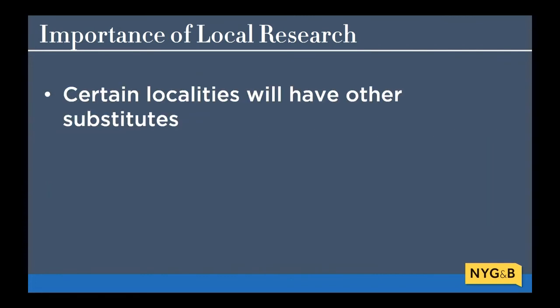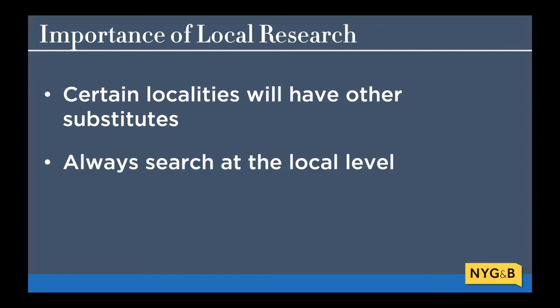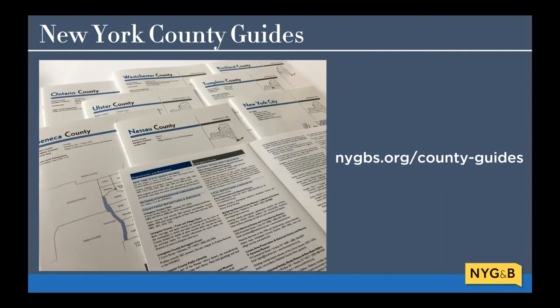If all else fails, there are still other options, and I'll leave you with some suggestions before concluding this session. The most important thing to remember is that local research is really crucial and can help you find other substitutes for birth, marriage, or death records if these previous options have failed. The various towns and cities of New York State are all very different, so it's important to zero in on your county or town of interest and deeply research what is available for that area. This will lead you to some fantastic records, or at the very least, give you the confidence that you have exhausted all available options.